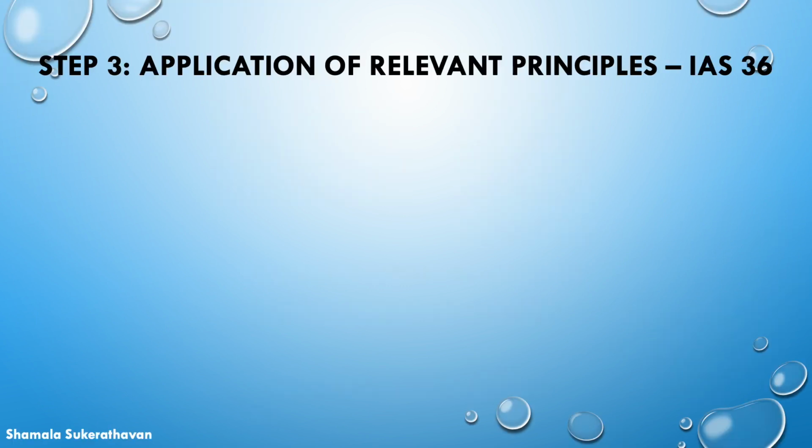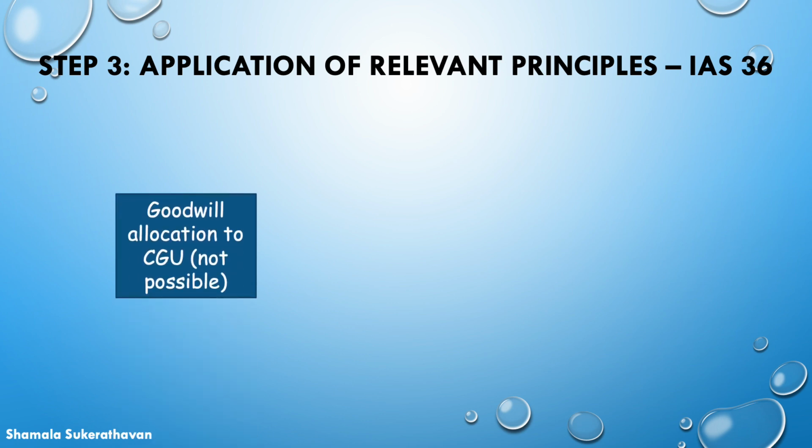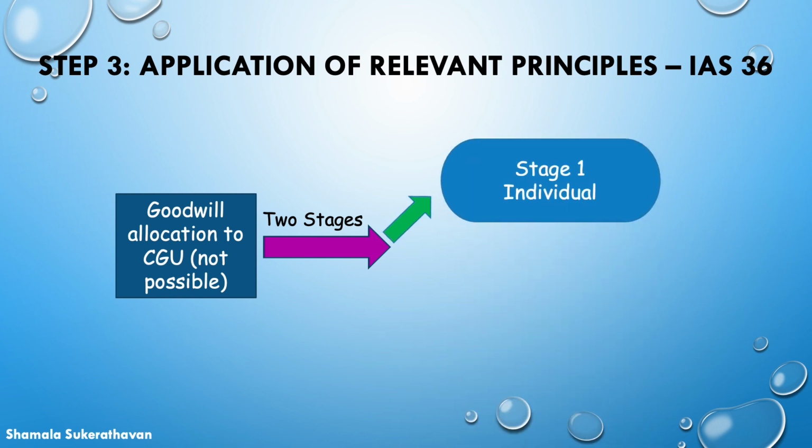Continuing from part 1 on impairment of assets, the next issue applying IAS 36 is how to determine impairment if the goodwill cannot be meaningfully allocated on consolidation to the individual cash-generating units. In such cases, the impairment assessment would be carried out in two stages. Stage 1 would be on each individual unit, while Stage 2 will be to carry out an impairment for the